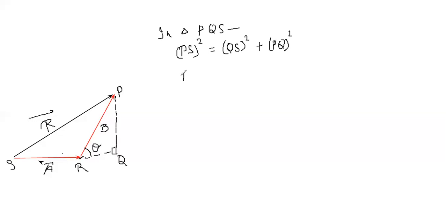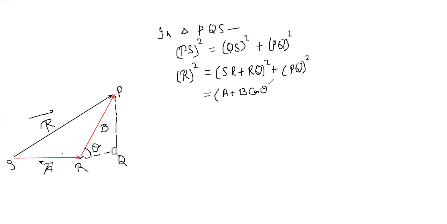So PS is R. QS is what? SR plus RQ. If we write QS, (SR plus RQ) whole square plus PQ square. Okay, so one by one we put the value. What is SR? SR is A. RQ is what? B cos theta, plus PQ. What is the value of PQ? That is B sin theta